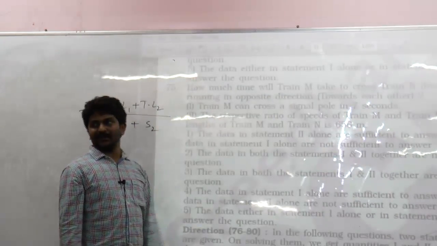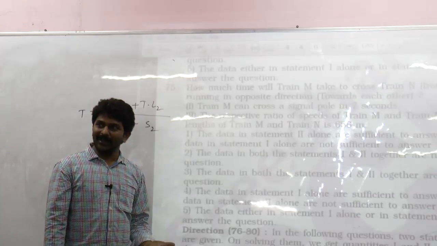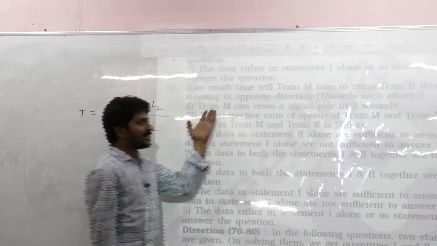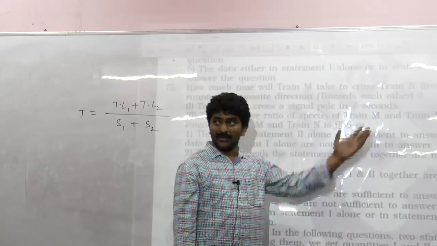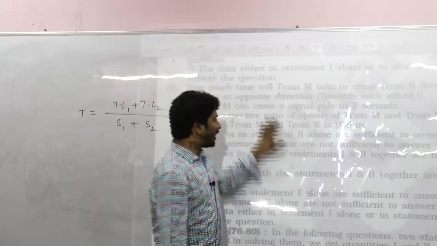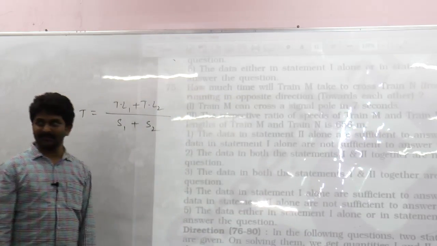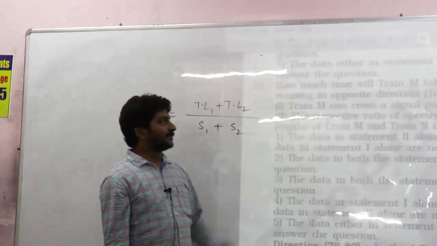Why? Distance is not given. Train length is not given. If you know train length, that becomes distance. You have distance and you have time, then you can calculate speed. So 1 alone is not at all sufficient for us. And next,